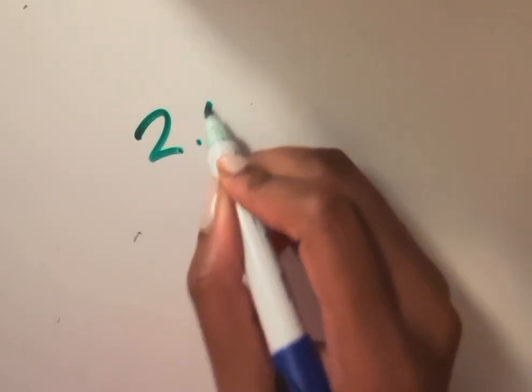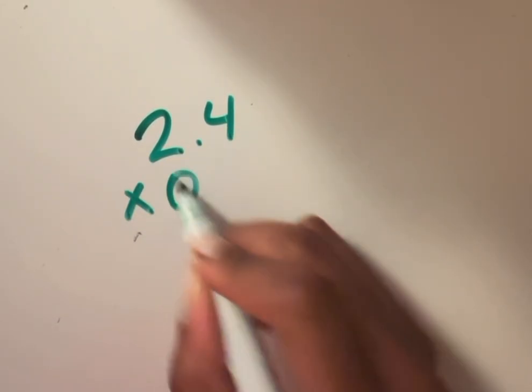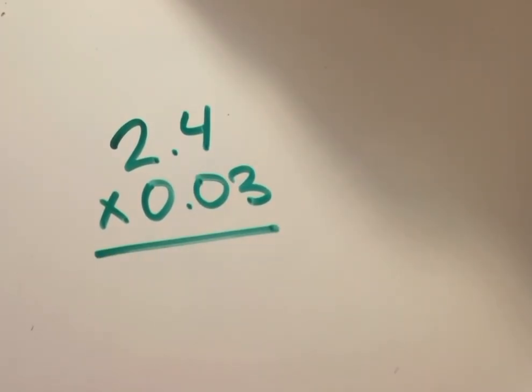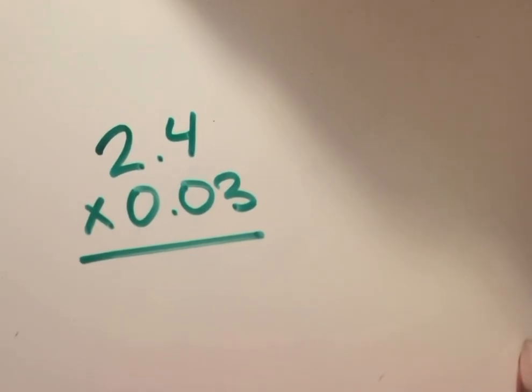As promised, here's my part 2 video on multiplying decimals, going over just a couple more examples. So our first example is 2.4 times 0.03. So again, our first step when multiplying decimals is to convert each decimal that we're given into